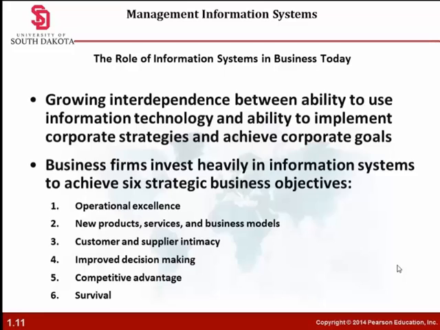So how do the various information systems succeed or fail in achieving the 6 strategic business objectives? Think about some other business objectives and think about how IT might help a firm achieve them. For instance, how about if we consider speed to market, which is very important to firms introducing new products? How can IT help achieve that objective?